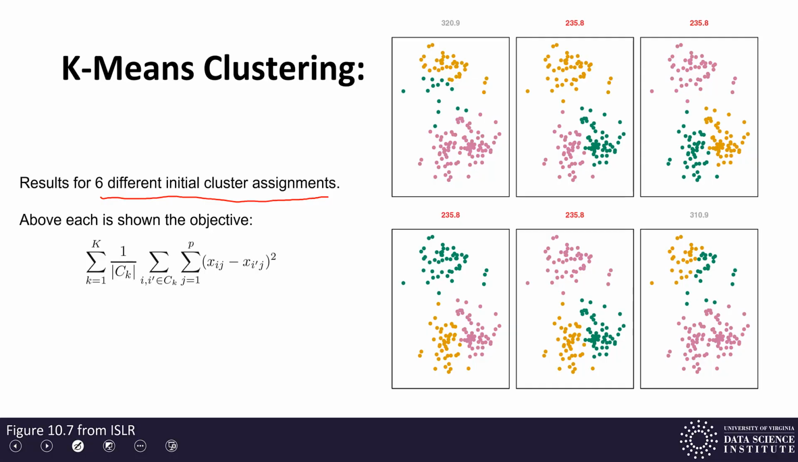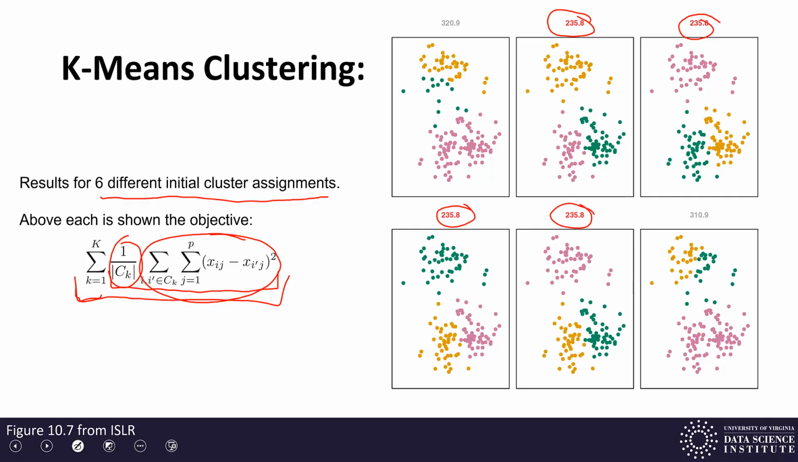Above each of these is written this objective function, the value of this objective function. Let's think about this a little bit. So this function here, there's a sum, this outer sum, and it's a sum over this formula for every class. And so this is 1 over the number of points in the class, and this is the sum over the squared distance between each pair of points. So this is some measure of how spread out the classes are. And so smaller is better, and we can see in red